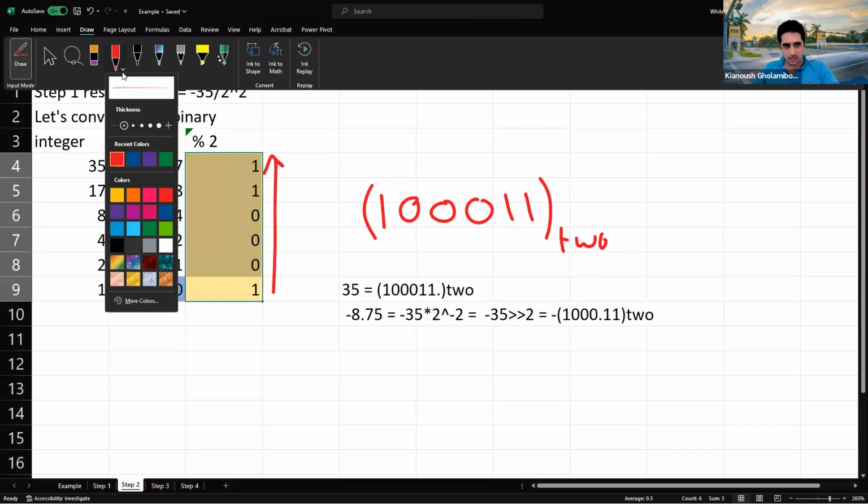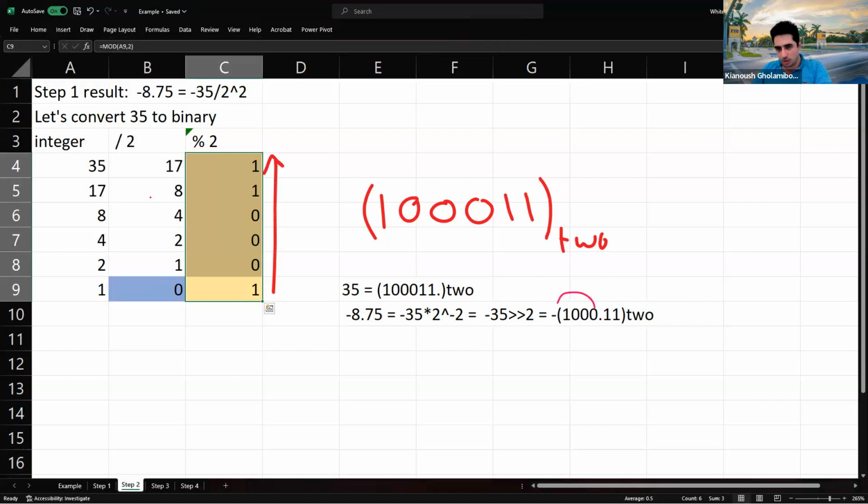Right? Just to give you a better sense of what this means, you can think of it this way. You get the whole part, which is 8, 1000 is 8, and the fraction part, which is 75. You may say, how is this 11 equal to 75? Why? How do you say this is 75? Well,